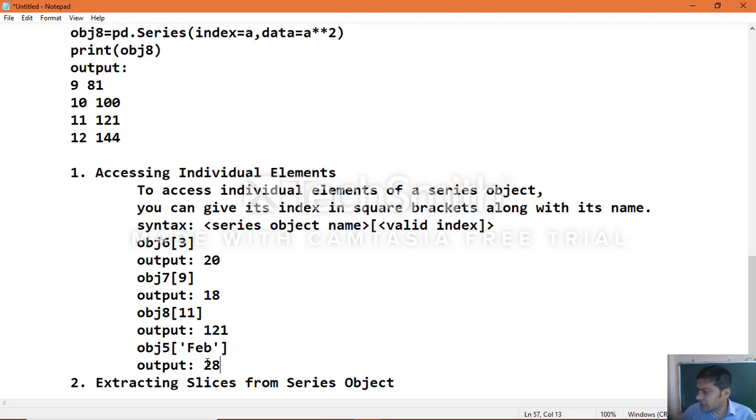That is how you can access elements with the help of the index number.